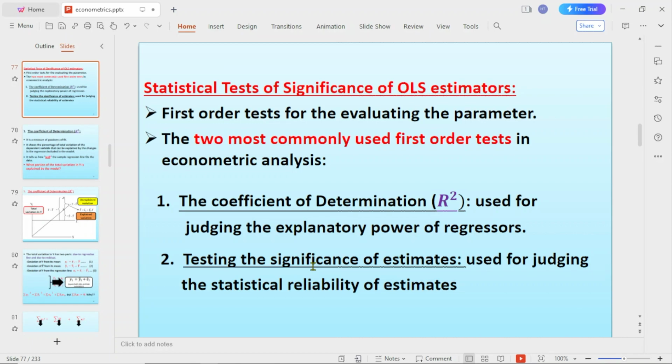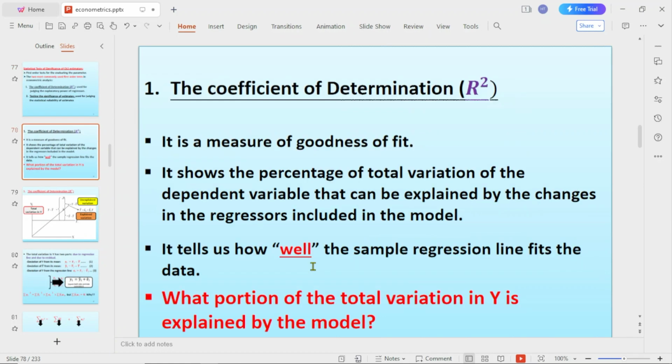dependent variableአችን ኢንፍሉዌንስ አለው ወይም በምን ያህል ይቀራረባል ምን ያህል ክሎዝ ናቸው የሚለውን የሚያሳየን ነው ማለት ነው right so testing the significance of estimates ምንላቸው ደግሞ used for judging the statistical reliability of the estimate ነው ምን ያህል አስተማማኝ ነው የሚለውን ነገር judge ለማድረግ ይጠቅማል ማለት ነው so እያንዳንዱን አንድ ባናያቸዋለን